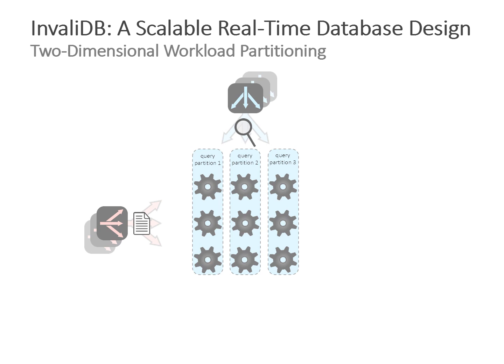What we do first is we partition all the nodes into query partitions. And when a query is registered, we give all the nodes in one of these partitions this query. So now 3 nodes are responsible for keeping this query up to date. And for writes, we do the same. So we partition everything into write partitions. And when something is written, we determine the write partition and then give the write operation to all the nodes